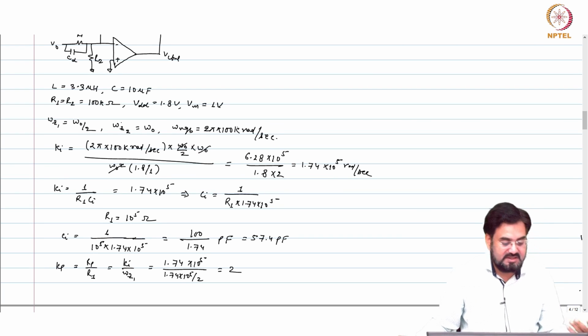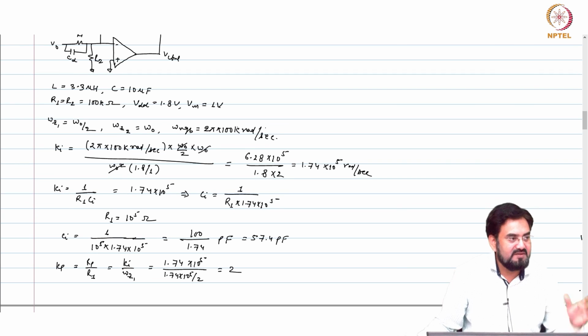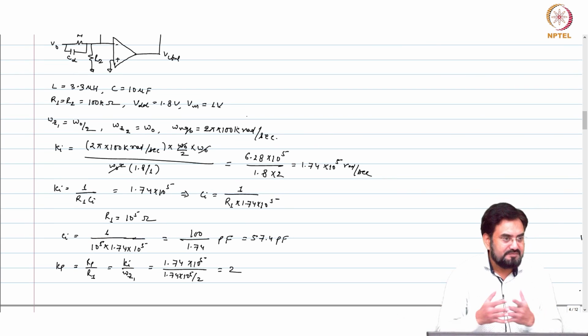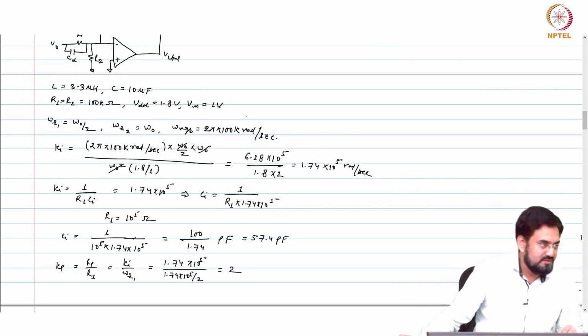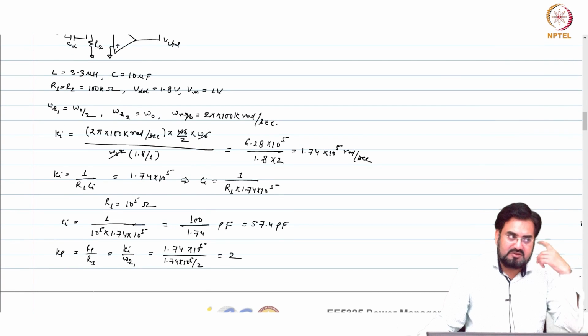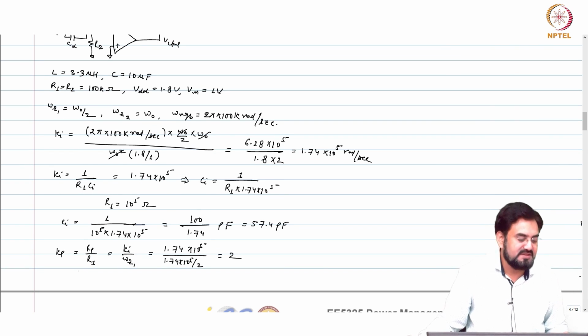Or it is quite possible that in the specification you are only given input and output and you have to decide your LC, switching frequency, everything. But before you start the designing, these values should be known, whether it is given or not given. If it is not given, then you have to find out what values of LC you want to choose, what switching frequency you want to choose based on efficiency, and your ripple spec and all those will be given. So based on ripple spec also you choose values of L and C.